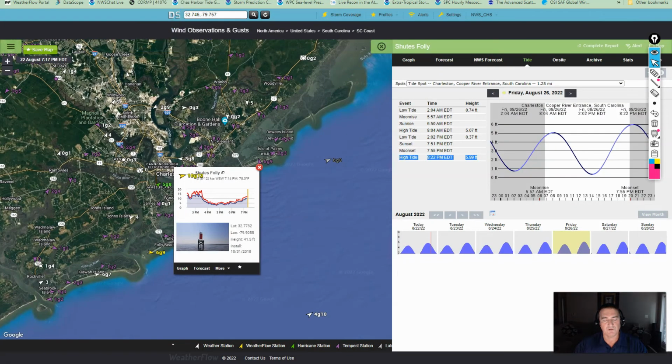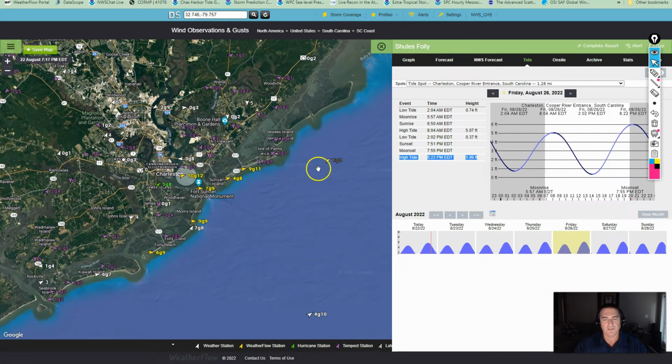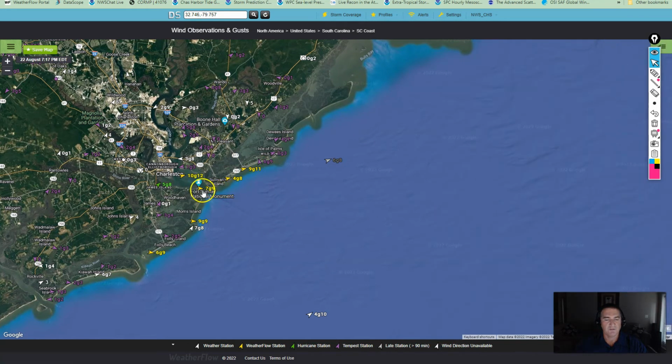So it's really tough to make a call on exactly what's going to happen at the time of the race. I would cautiously say by the time we get to late afternoon, we're probably looking at southerlies coming back in. As long as there's no storms along the coastline, we'll probably see some southerly winds 6 to 10 knots, and then maybe lasting through the night, coming up 8 to 12 as you go offshore and up